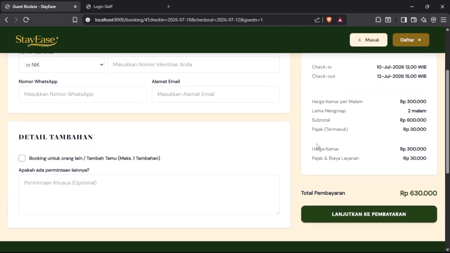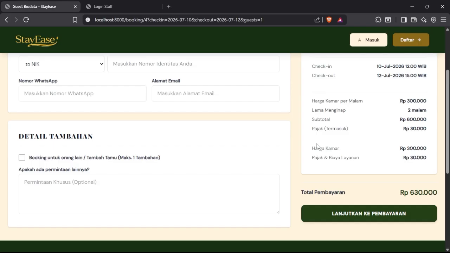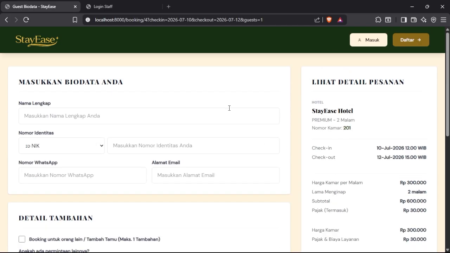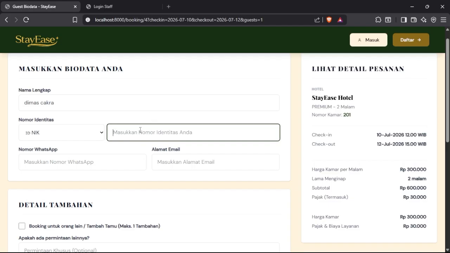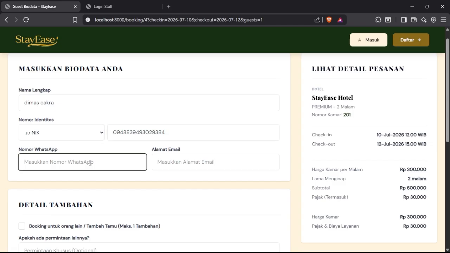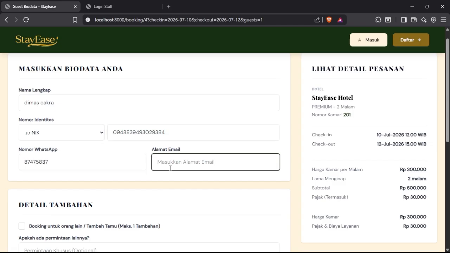To move to the next step, which is the payment, the guests need to fill in the biodata first. They need to fill in the name, the identity number, the phone number, and the email.